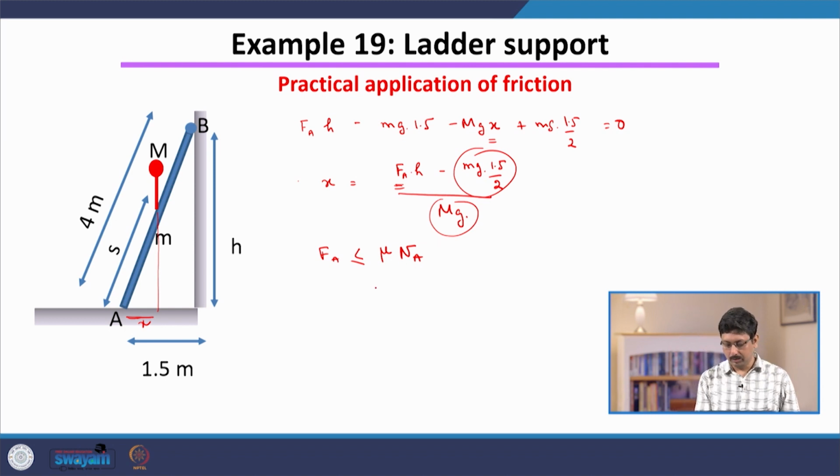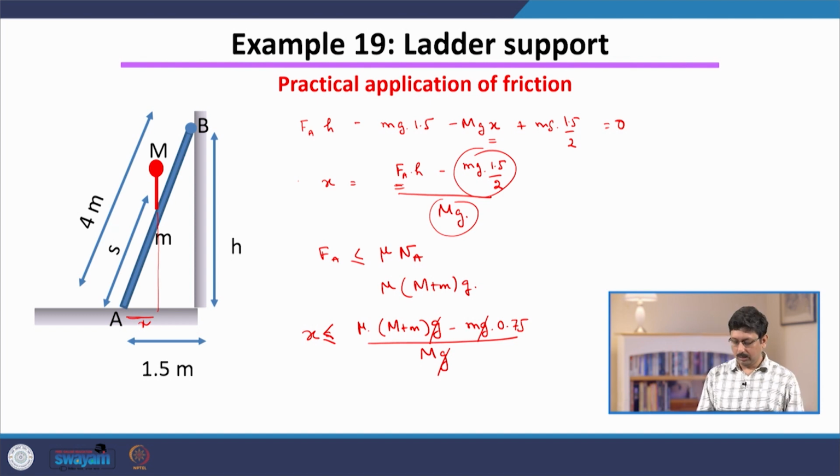And then we know from our analysis that this is (m plus M) times g from the force balance condition. So, we get x is equal to mu times (m plus M) g. So, x must be less than or equal to this value. Now you can cancel the g. If you plug in all the values, you get x to be